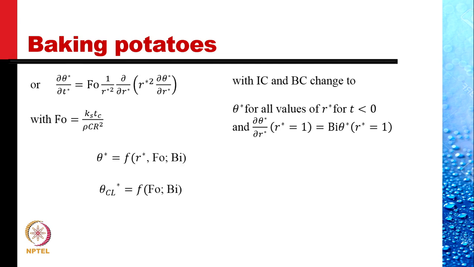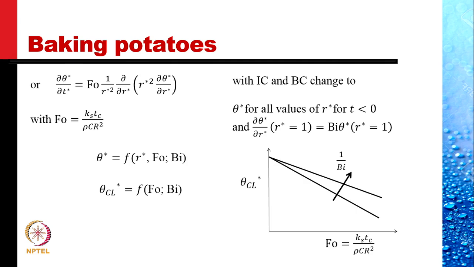So this will give you theta as a function of R star, Fourier number and Biot number. We are interested in the center line temperature. For the center line, R star is 0. So theta center line is a function of Fourier number and Biot number. And we have seen before that it is given by